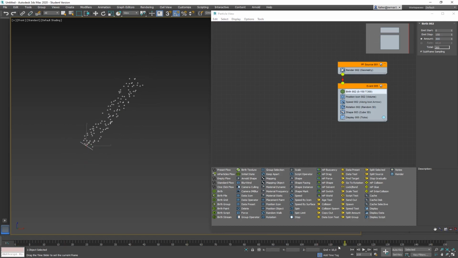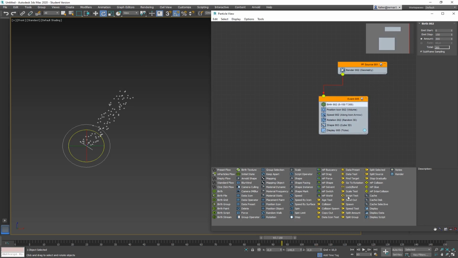Let's do something else, another test, and that is, let's do an age test. The age test is often used for doing something to particles that get a certain age. Let's put it in here, the age test, click on it, and what you can do is test for different ages.